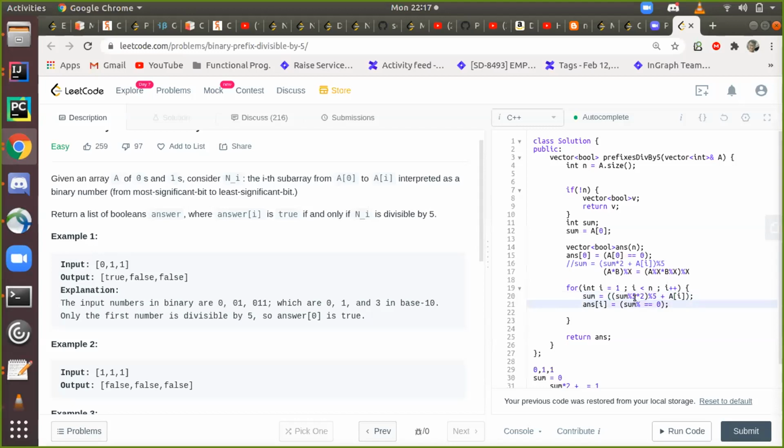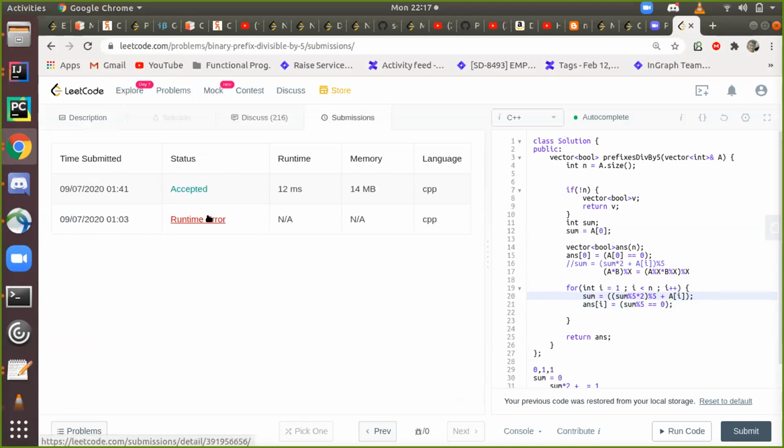Did you try it without modulo 5? I did not try that, but initially I was getting a runtime error without this usage of the property.